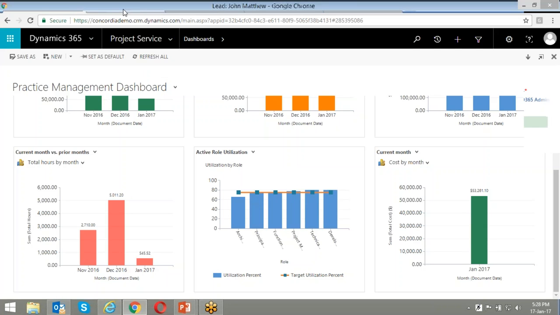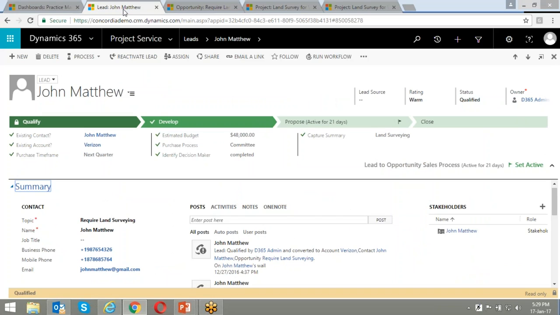So here's a lead for us whose name is John Matthew. Now this particular lead has come up for doing some land surveying for his company. This particular project is going to have certain attributes that need to be completed by the organization to whom this project is being granted. Apart from that, it's the normal sales cycle that we have been seeing across all the versions of our CRM,